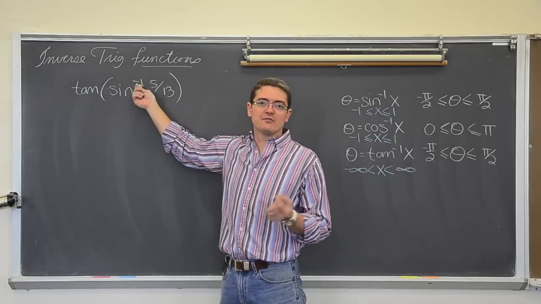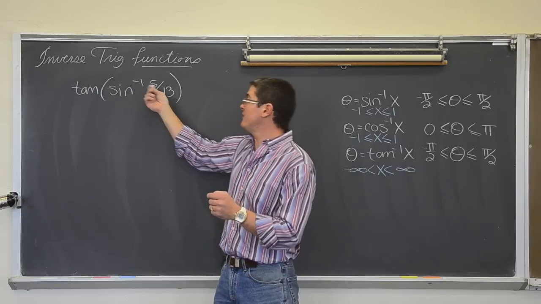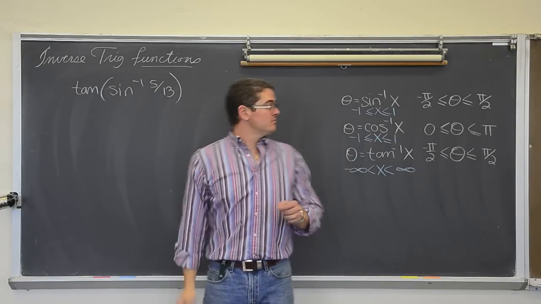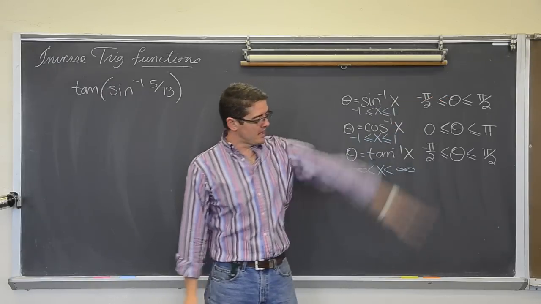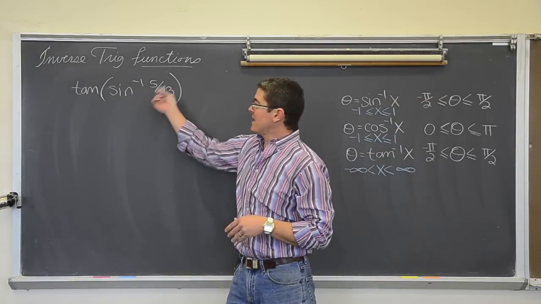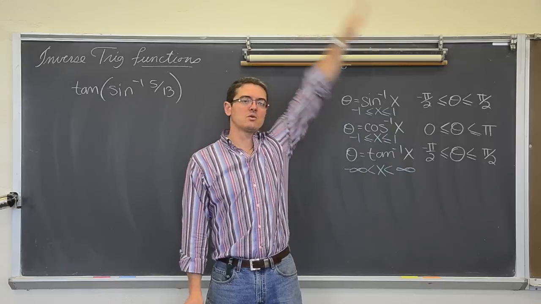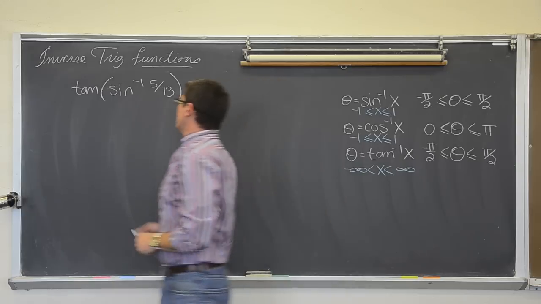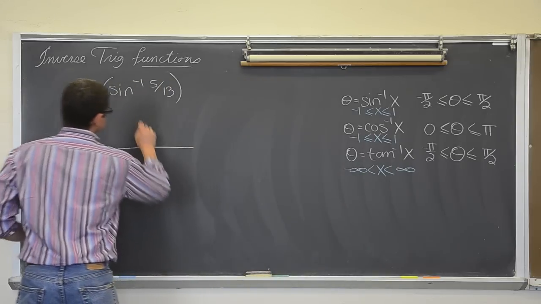Again, what do you put into an inverse trig function? The sides of a triangle. This is a positive ratio, and therefore you can be in negative pi over 2 or positive pi over 2. Sine's positive in quadrant 1, so you want to draw your angle in quadrant 1 between 0 and pi over 2. So we're going to get this thing set up.